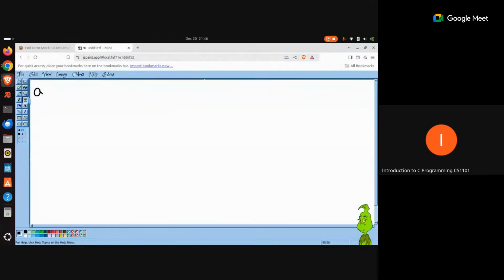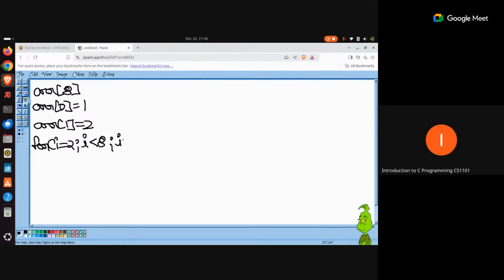So you basically have an array here, let's say ARR, which has the size 8. You are saying that ARR 0 is going to get the value 1. ARR 1 is going to get the value 2. Then you shall start a loop here for, say, I equals 2. I'm just writing pseudocode here, not a full-fledged syntax of C programming. Just pseudocode, I++.